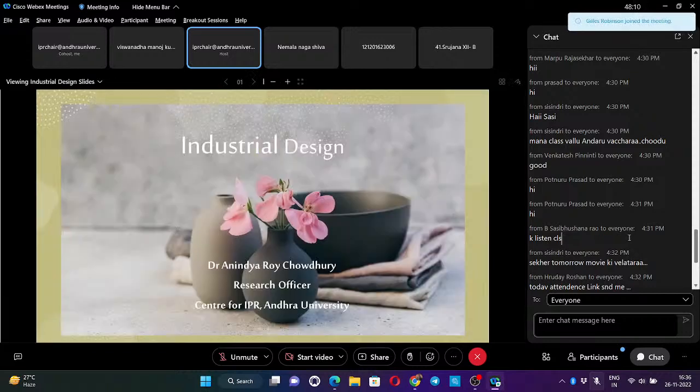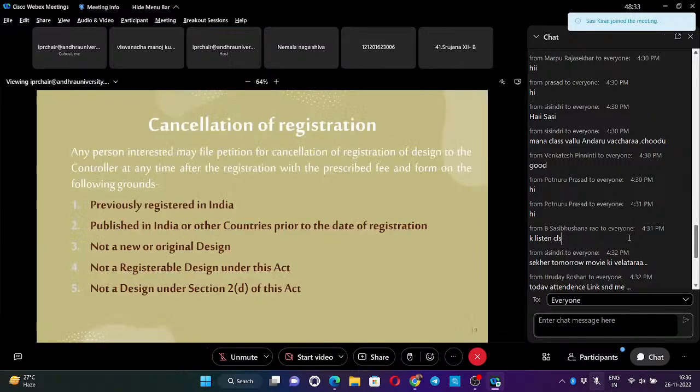So these are the grounds on which you can apply for... What happened to my slides? Is my slide visible? Somebody started to share something. Guys, please don't share anything because my slides are going away in that case. Okay, so